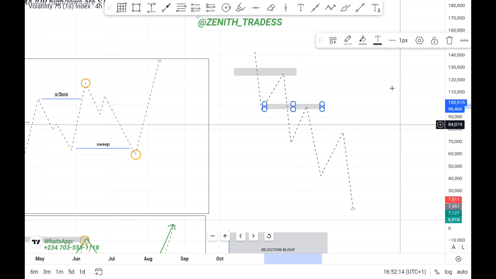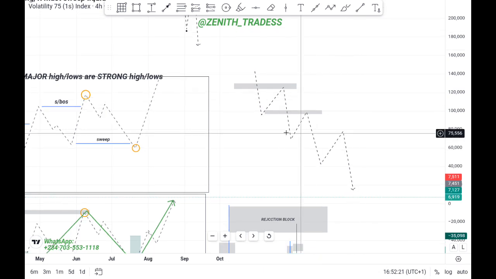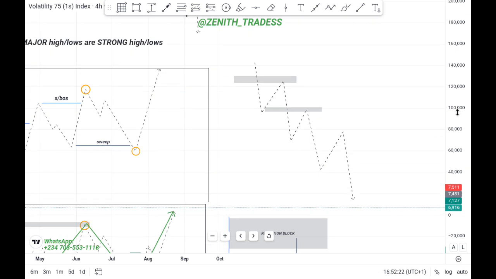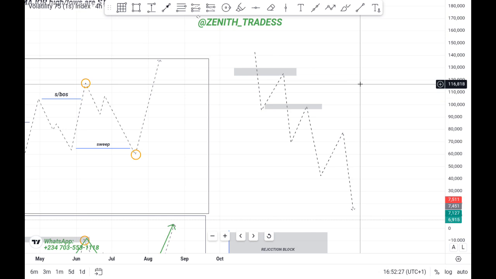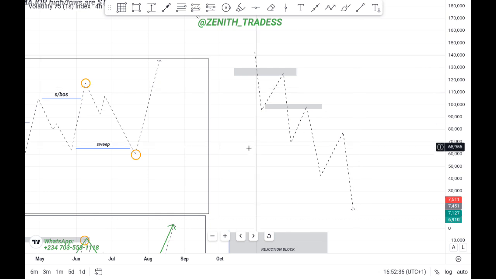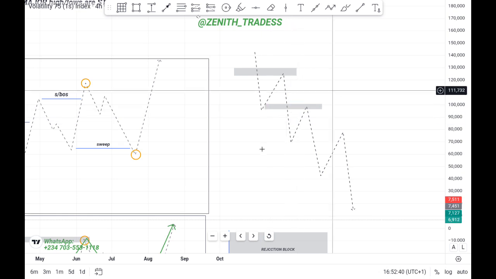Once you're able to mark your structure and you know the storyline with regards to the objective of price at each phase, definitely you will do well trading the financial market. So at each phase of the price movement, understand the storyline and understand the objective for price. After the objective has been completed, do not trade against it. Just be patient. You should expect the market structure shift after each objective has been completed. Let's assume